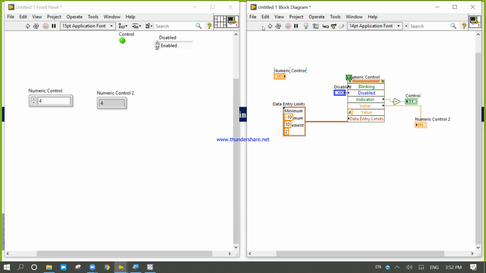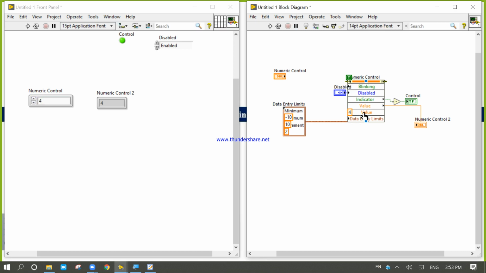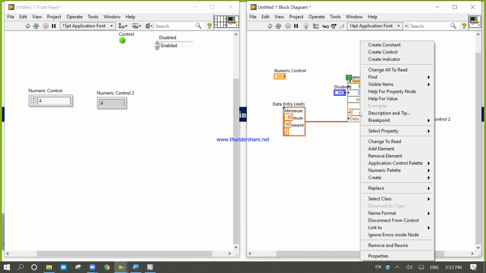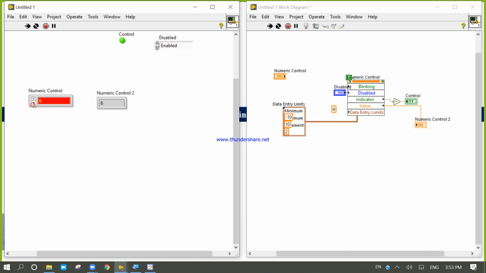So now if I run, okay, if I click, it will not increase because I had used this value. Okay, if I remove the element, control B, now I can run and I can change, with only 2.